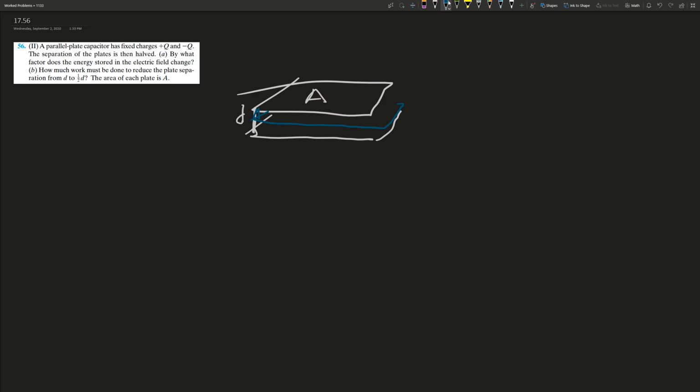And anytime you change something in a physics problem by a factor of 2, that should scream substitution. In this case, we're going to substitute 1/2 D in for D. But before we can do that, we need to establish a few facts. In general, the energy stored on a capacitor, I'll write it as U so we don't confuse it with electric field, is 1/2 CV squared, where V here is the voltage difference,